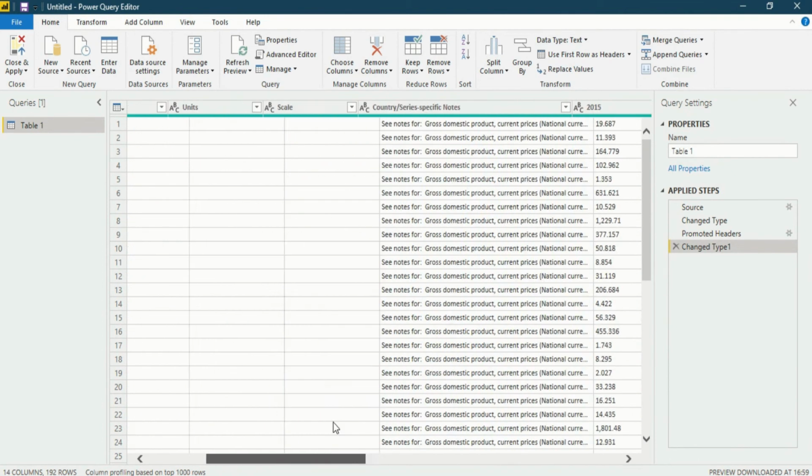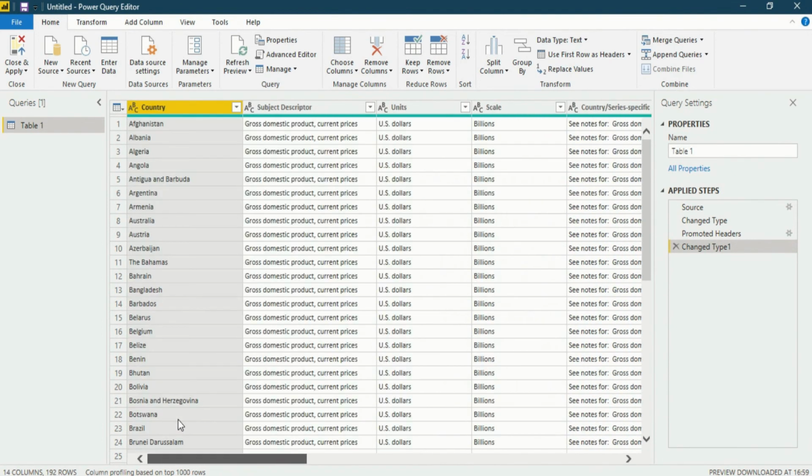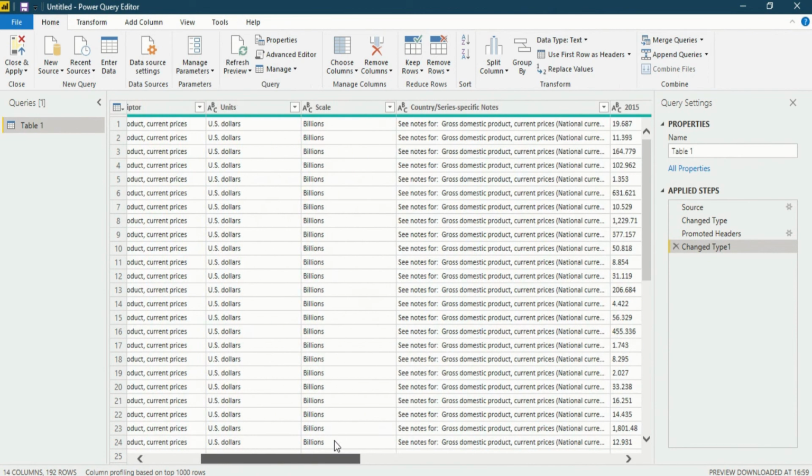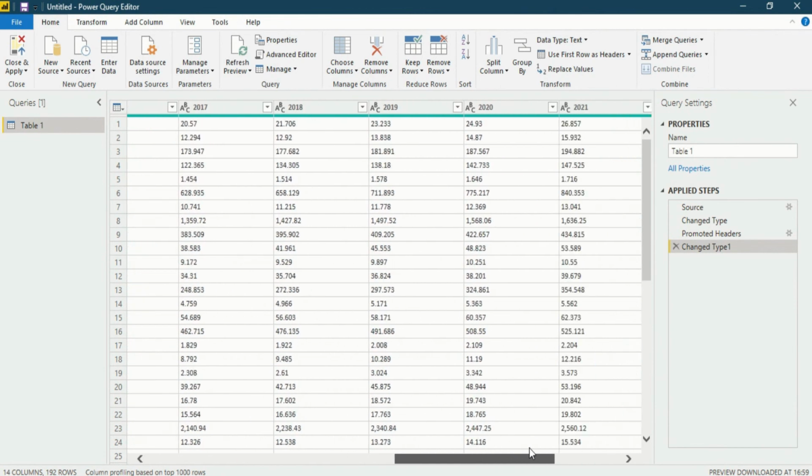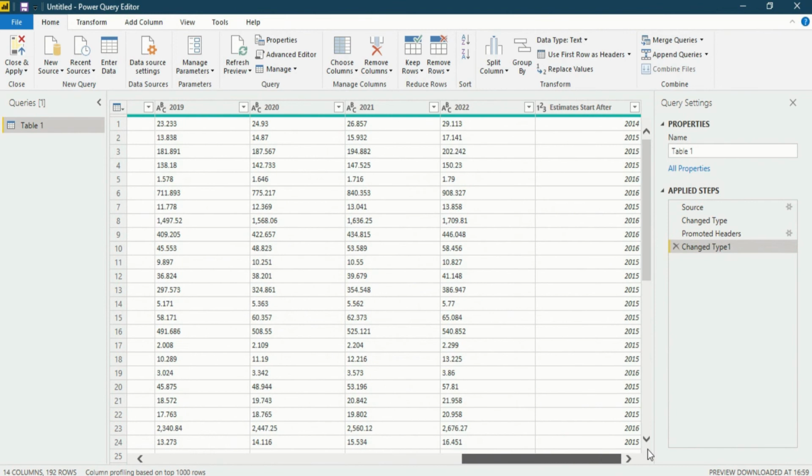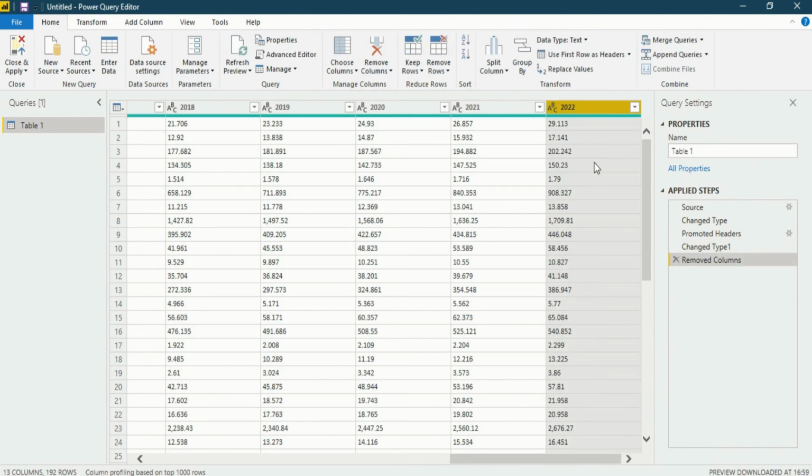The next question that arises is, do we have to remove any row or column? First look into the data: is there any row or column that you should delete? No, there is no such row or column that you need to delete. But for the learning sake, we will delete one column. So this column we will delete. Select this column, Remove Columns, Remove Columns. So that column will be removed.